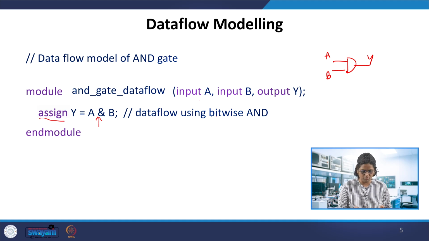So this is the bitwise AND of the data flow model. We will be differentiating these models. You may not be appreciating the difference between the models with the AND gate. So you see, instead of having the built-in AND gate, we use the Boolean function of this gate, Y equal to A and B. That is the assign statement. We are going to look at all the statements separately. These are concurrent statements. Anyway, for a simple example, I am giving it here. Assign is again a keyword that should be in a different color, like input, output, and module and endmodule.